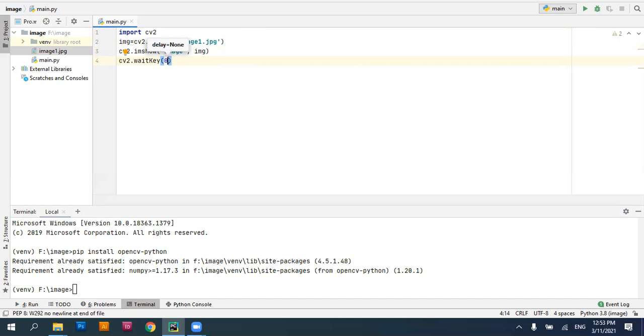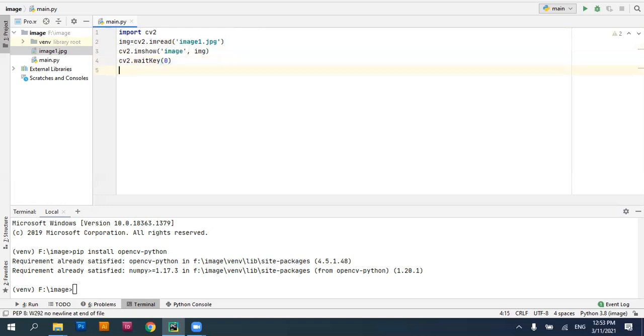The delay can be given in terms of milliseconds. You can give 5,000 milliseconds, 6,000 milliseconds, or 10,000 milliseconds. But when the delay is given as 0, it indicates that you wait until you press a key.